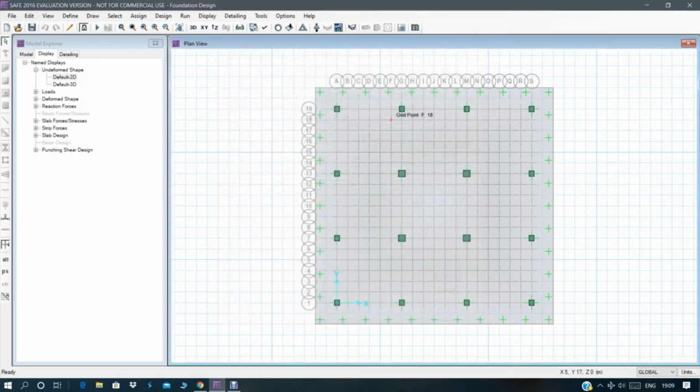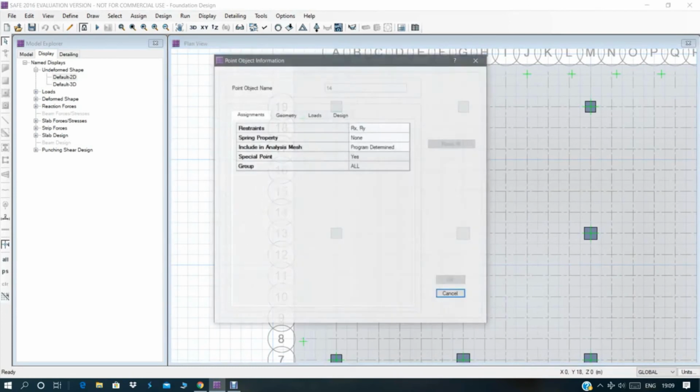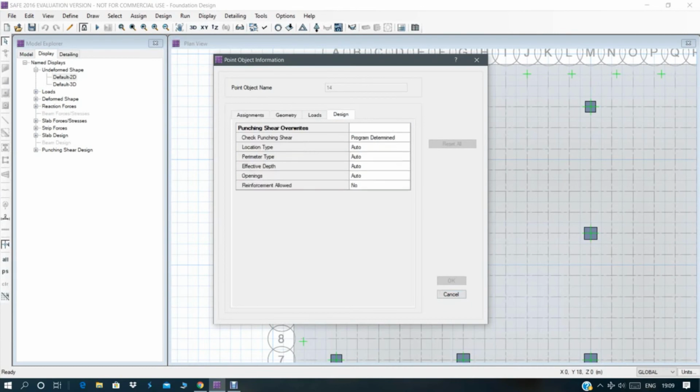So in the column, if you want to see rebar, then click inside the column but not at the center. You will get